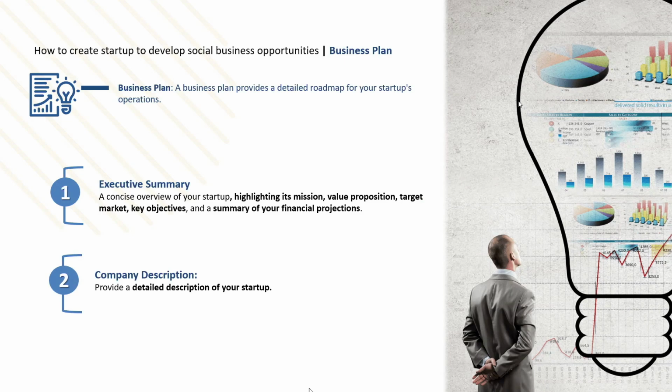So creating a business plan means to show a story where you write exactly what you think, what your objective is, what your scope is, and the way to achieve the goal that you are writing in the business plan. Let me start line by line with the explanation of how I need to compose a business plan. First of all, I start with an executive summary, highlighting mission, value proposition, target market, key objective, and a summary of